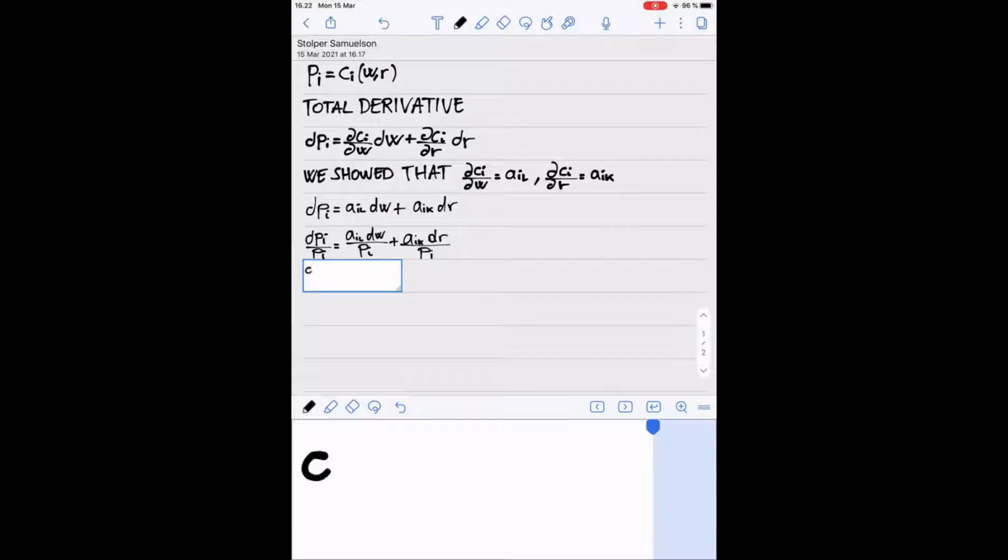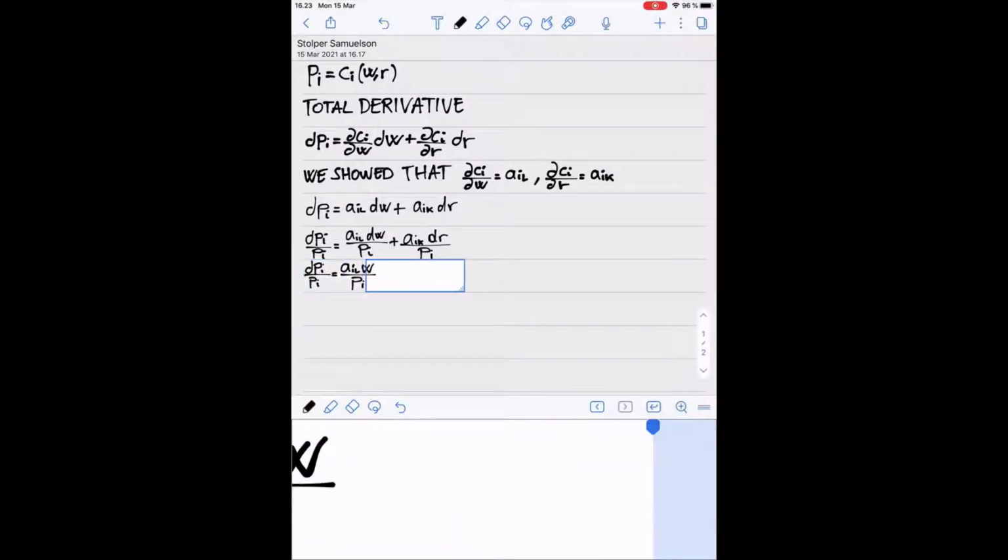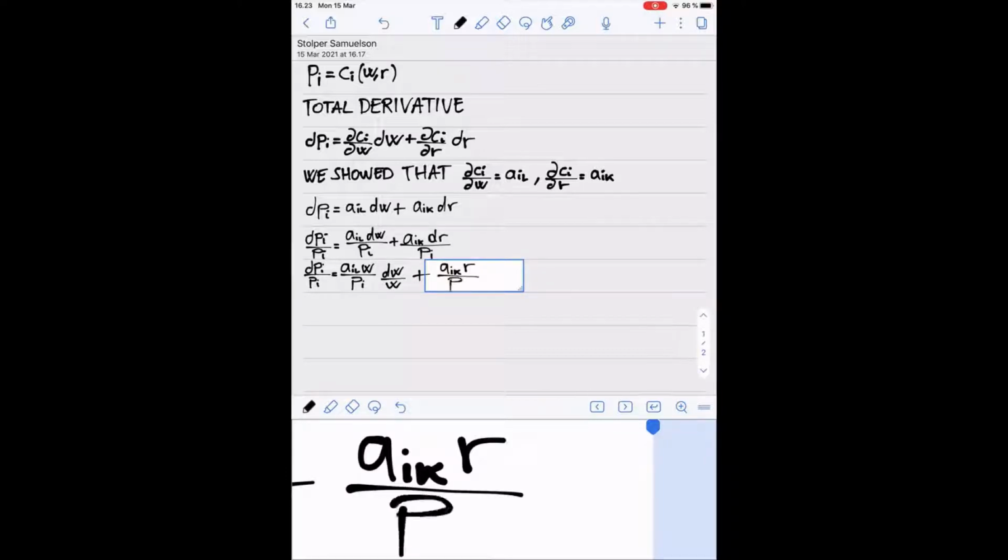So what we're going to do is dPi over Pi is actually AIL W divided by Pi dW over W, right, plus AIK times R divided by Pi dr over R. Okay,